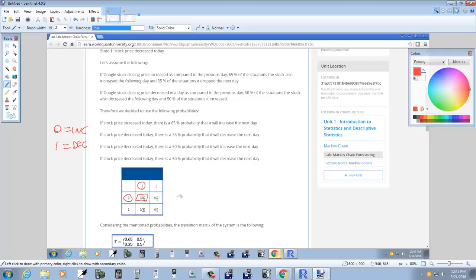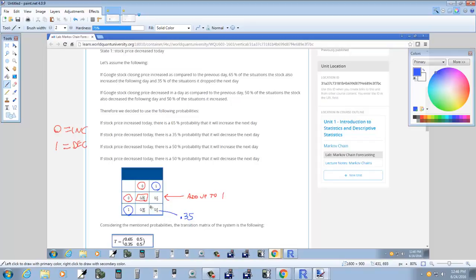But all of your rows are supposed to add up to 1. You can see right there's an issue. But if we choose a different color, it says if a stock price decreased today, decreased means 1 right here. There's a 35% probability that it will decrease the next day. Decrease the next day is 1. So what I think should be, I think this should be 0.35 here,